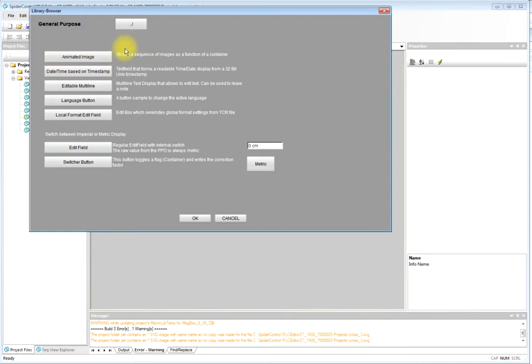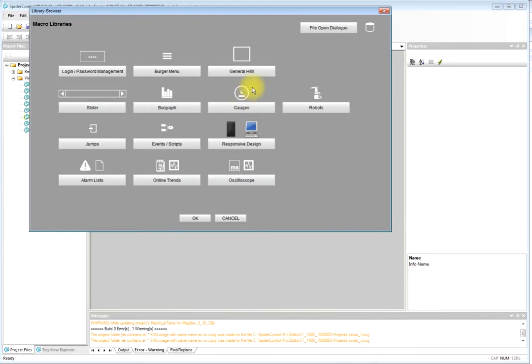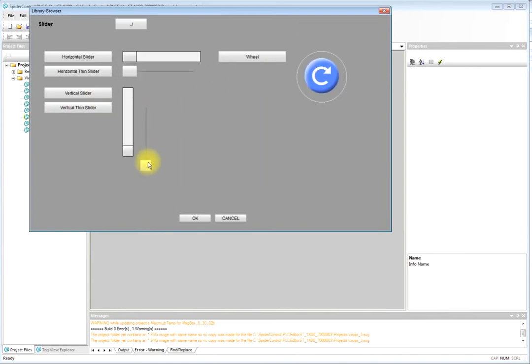We have some general purpose objects like an animated image. This is something like this animated GIF style, where it will show a series of a couple of images. We have a display of a time stamp in a readable form. We have editable multi-line objects, language switch, and here an edit field which can change from metric to imperial display. We have a couple of sliders,